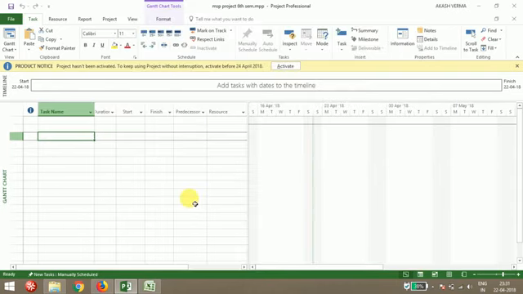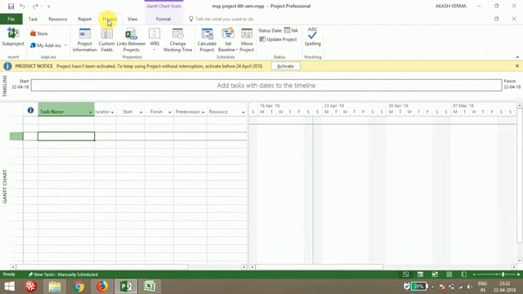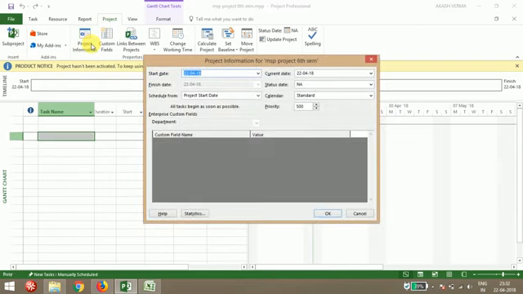Before entering any work breakdown structure, like any activities of the project, first you have to provide the starting date of the project, like when you want to start your project. Or if you have a finish date, like the client has said I want this project to be finished on this date, you can set this date also. For setting the calendar and the working hours, you have to go to the project tab. In project information, you can fill in different types of information, like the start date, when you want to start your project.